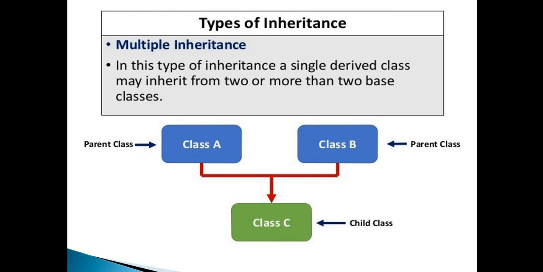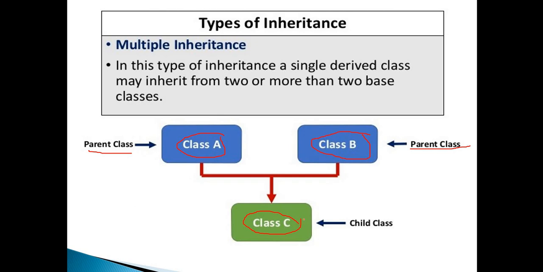Now in this video, I'll explain multiple inheritance. Multiple inheritance, as you can see, means more than one base class. As you can see in this program for multiple inheritance, class A and class B are the two classes. These are the parent classes, also known as base classes, and there is one derived class. So multiple inheritance means more than one base class and one derived class.